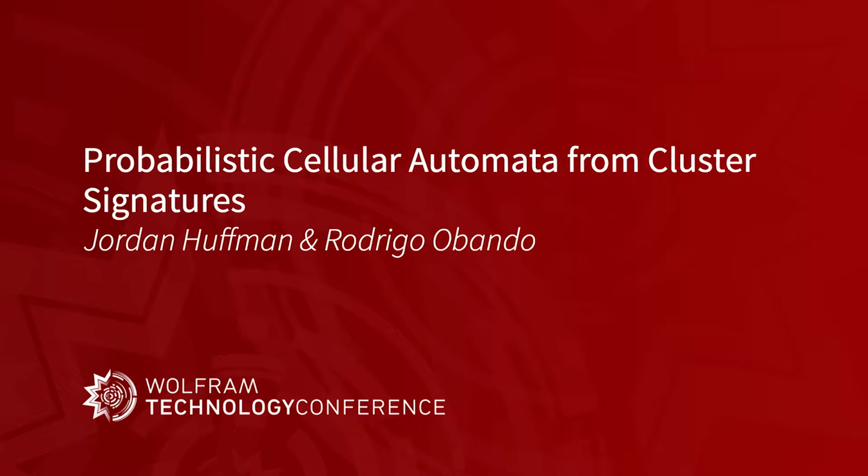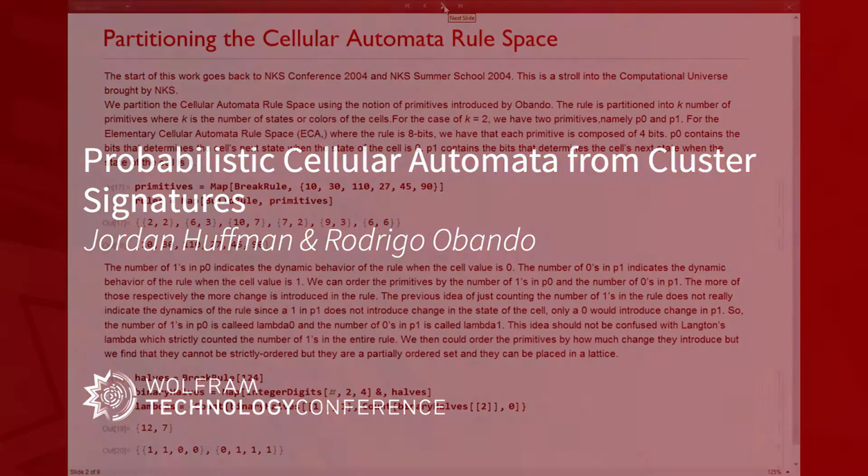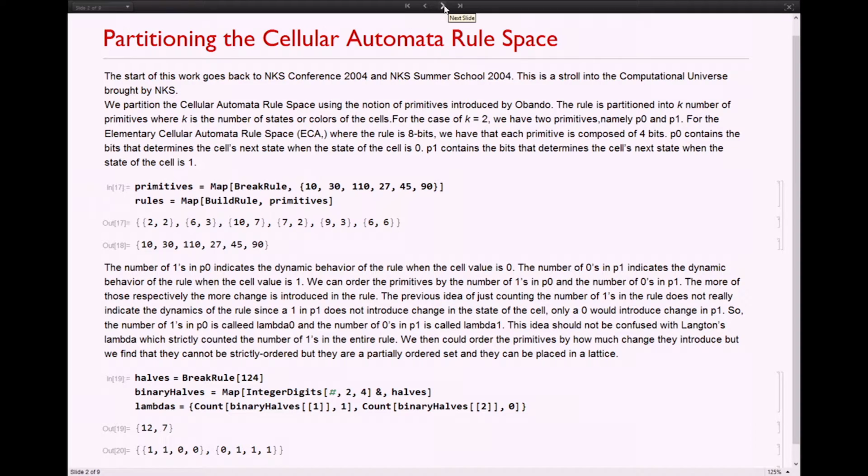This work goes all the way back to 2003, 2004, when I started working with Stephen, and we were looking at the structure of the spaces, the rule spaces. The structures in general have been considered to be the distribution of the behavior is random. You know, it could be anywhere in the space because we normally do not see a structure in this space. But at that time, I thought, I think there is some sort of structure. And I started looking for that.